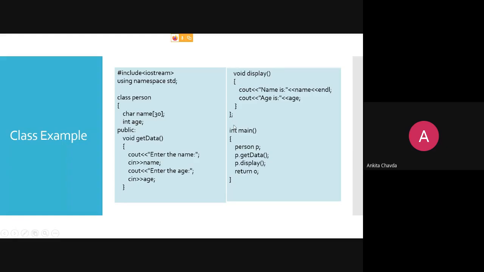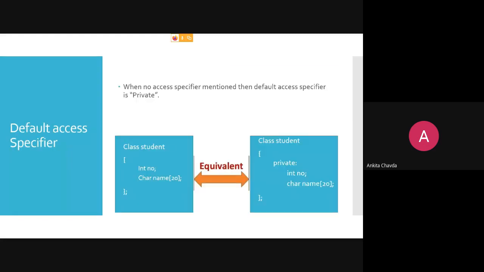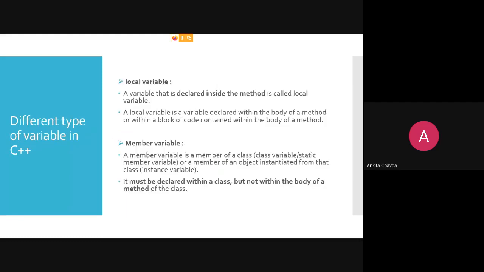Inside the class you provide the definition, or body, of your function. But there is another way to define your function, that is outside the class.